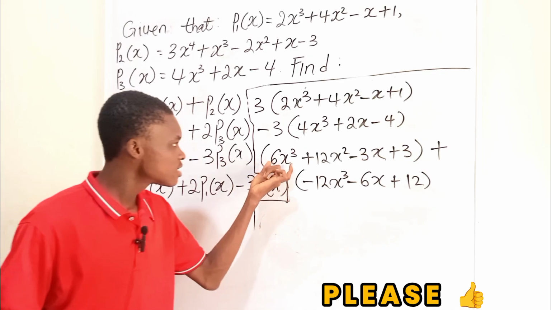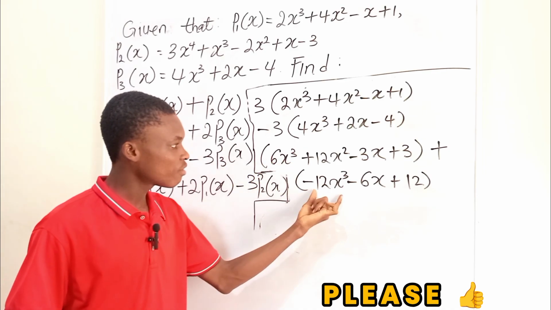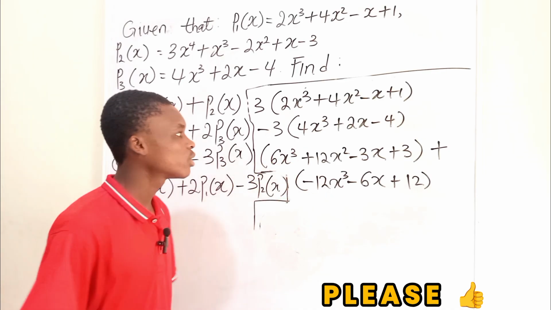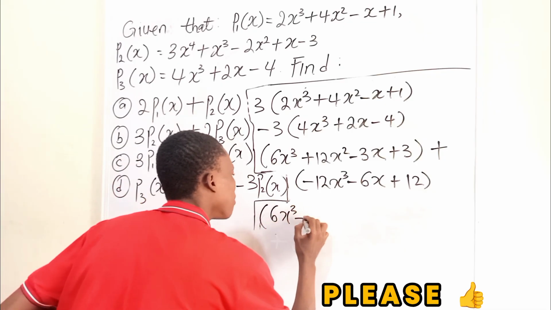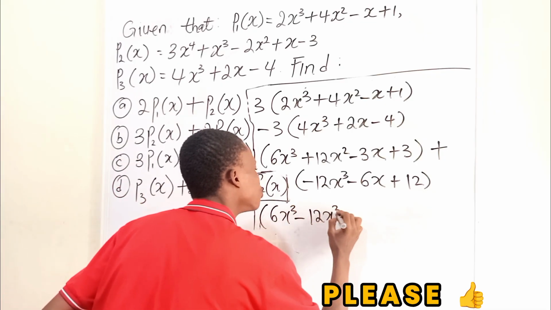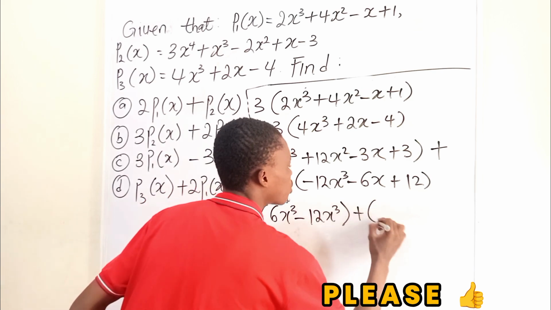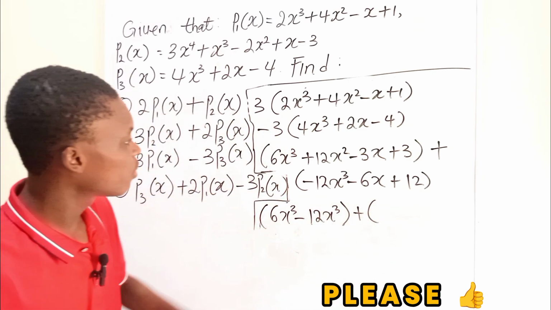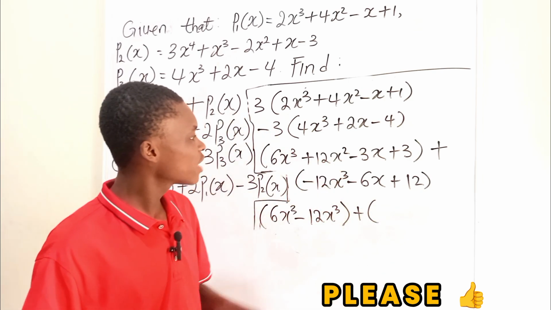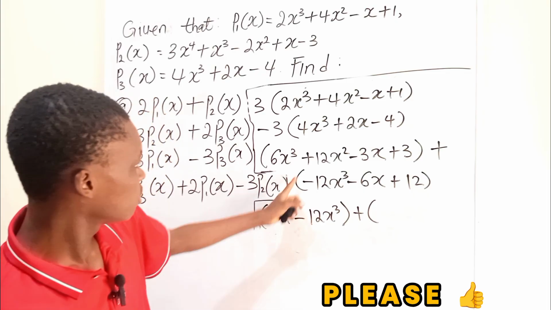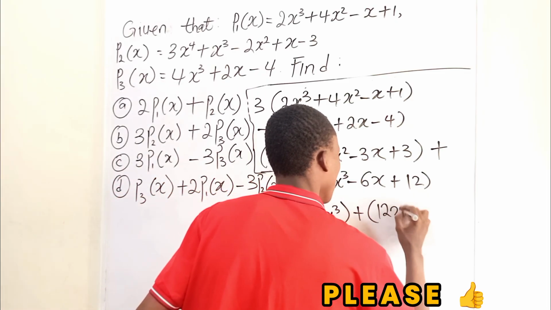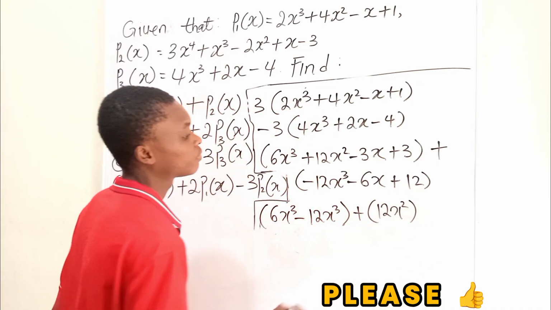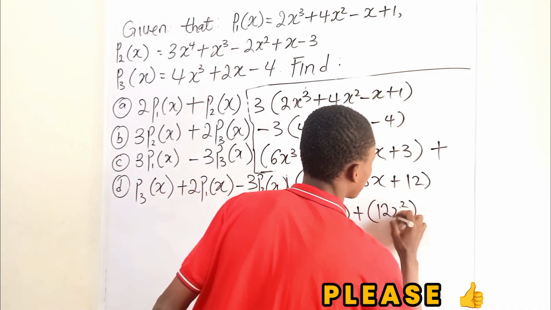So we have 6x cubed minus 12x cubed. They'll work together. So we'll put them in brackets. 6x cubed minus 12x cubed, plus open another bracket. What next is coming? We have 12x squared and which one? No one again. So we only have 12x squared. So this is 12x squared standing alone plus